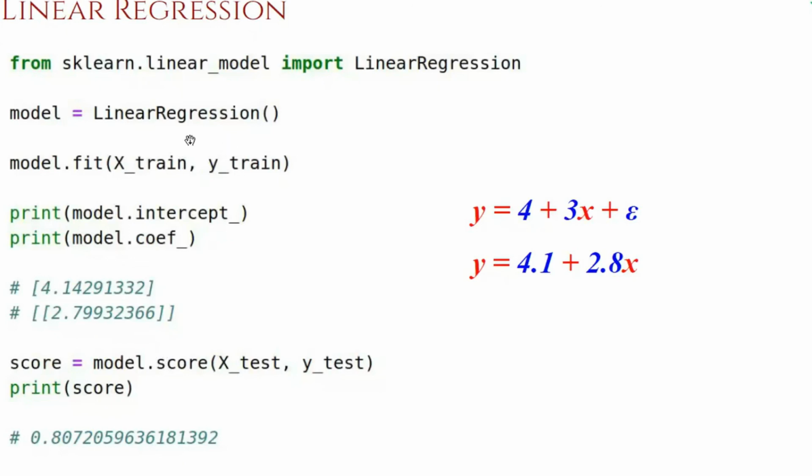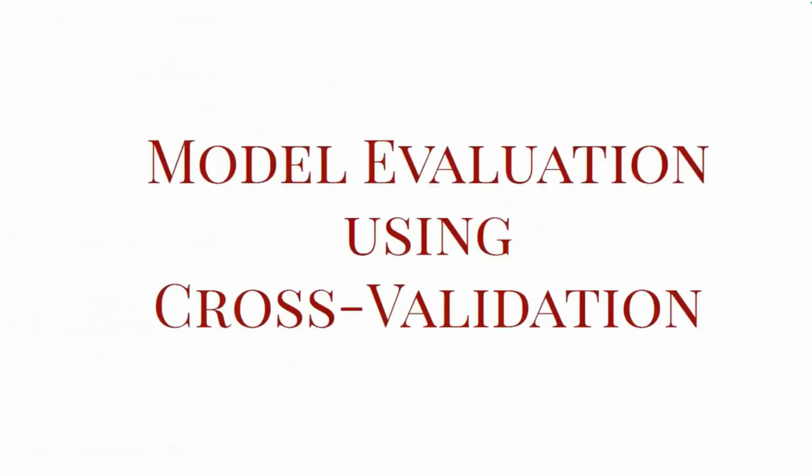If the performance changes drastically by changing a little bit of your training data set, it means that this particular model is not very reliable. So we need to see whether this model is really a reliable model or not. So we need to do another level of evaluation of our model, and that is referred to as cross-validation.